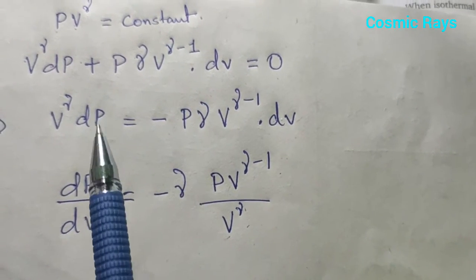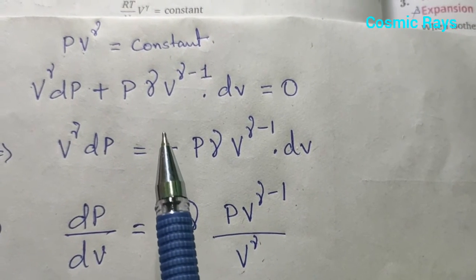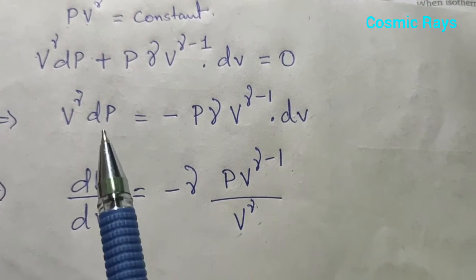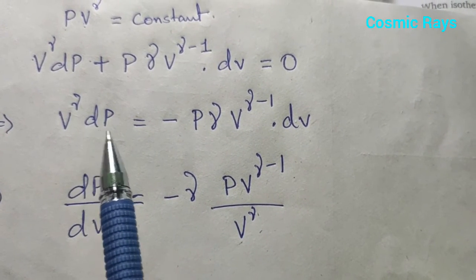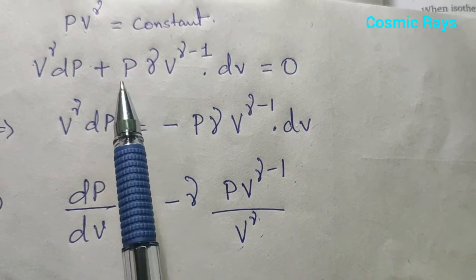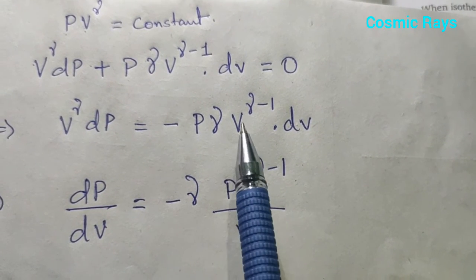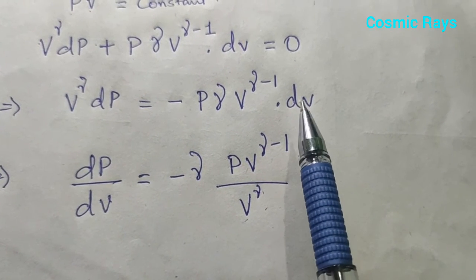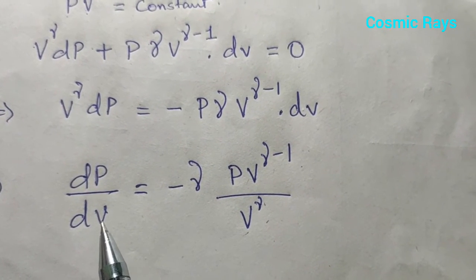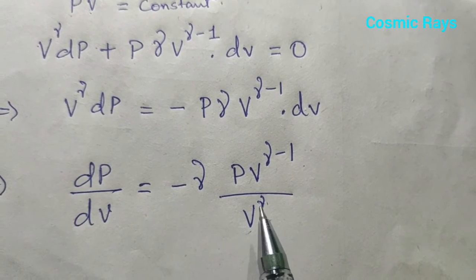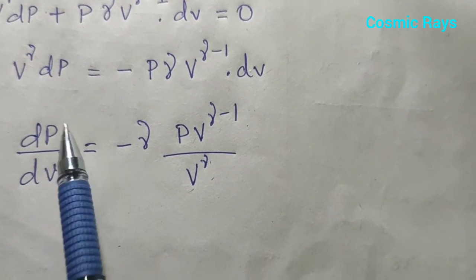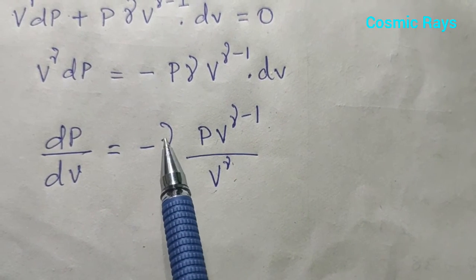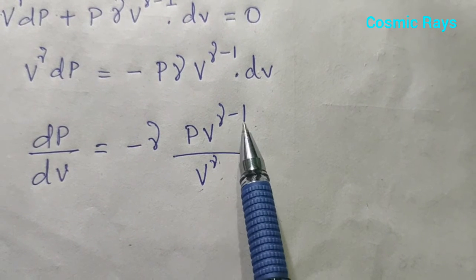Now again we have to get the value dP upon dV. So we take all this term to the other side and we have V to the power gamma dP is equal to minus P gamma V to the power gamma minus 1 dV. Since we want to calculate dP upon dV, this dV is brought on the left hand side and this V to the power gamma goes to the other side, and we have the equation dP upon dV is equal to minus gamma, this gamma we are writing before, P V to the power gamma minus 1 divided by V